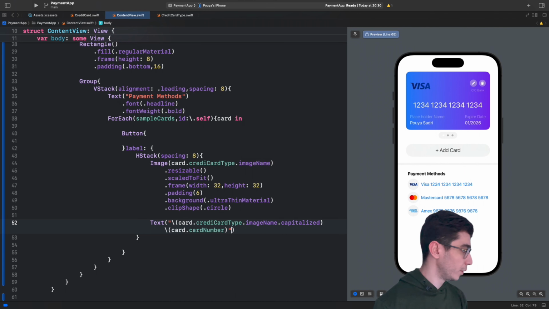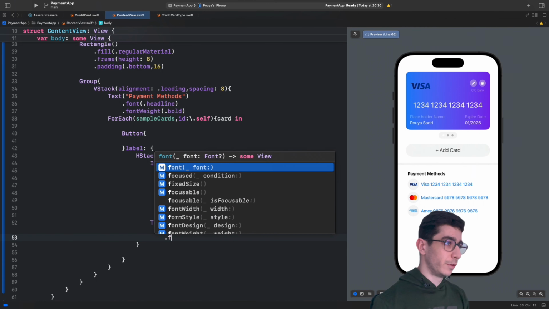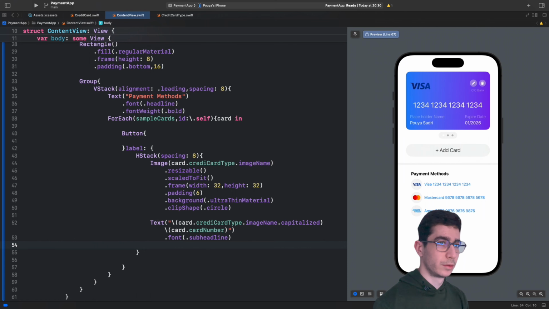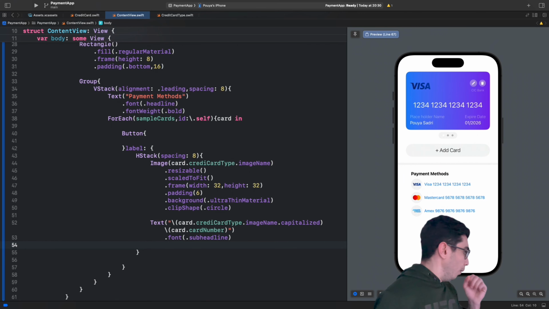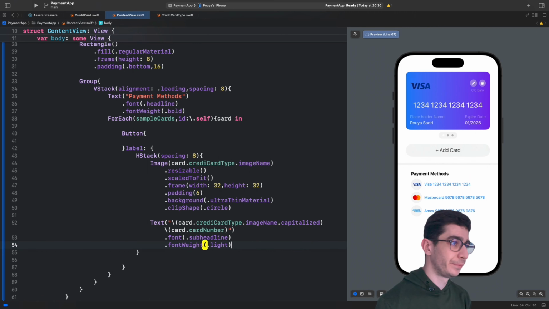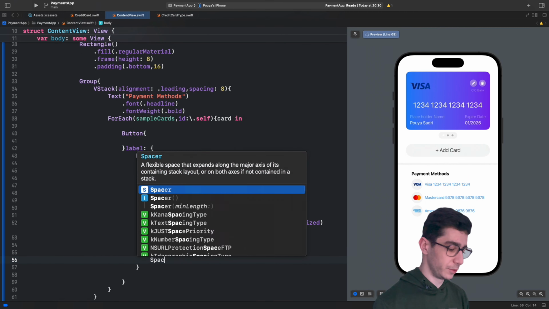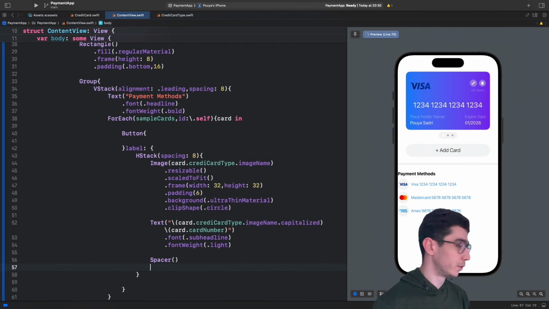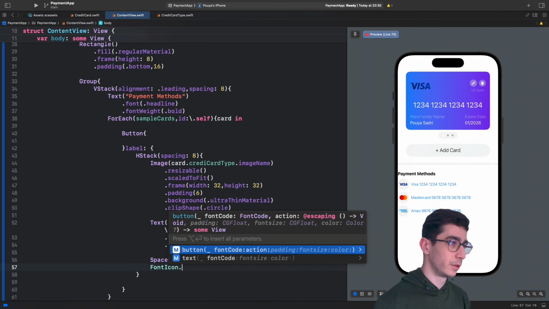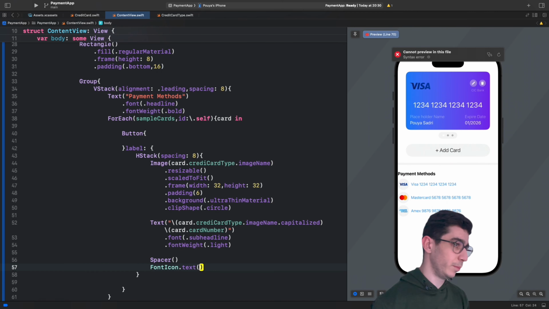Nice, we have it. So the font would be .subheadline. The font weight .light, and we have a spacer here, and the font icon text. Yep,